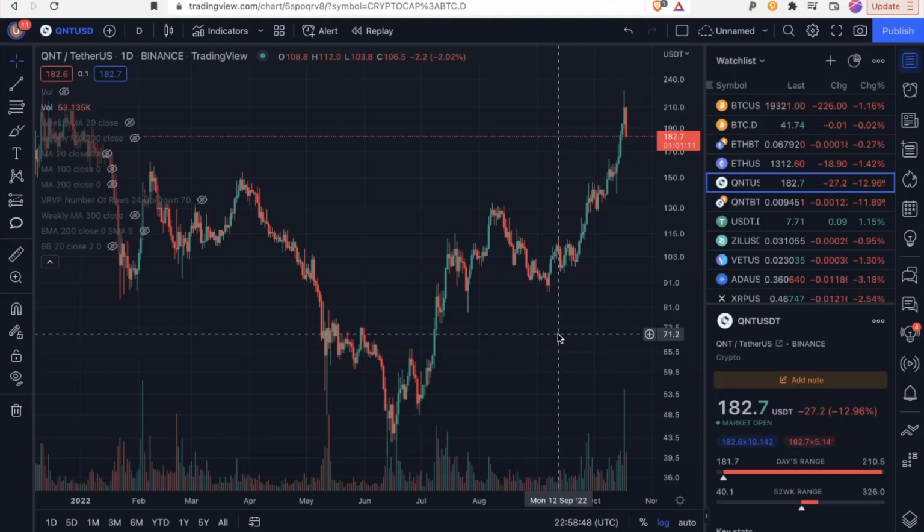In this video, I'm going to take a look at risk indicators for a couple of dozen of the top assets, and I'm going to pay particular attention to Quant because, as you might have seen, and as you can see up here on this chart, Quant has been running really substantially recently. It's been outpacing the market by quite a lot. So we're going to take a look across the market and see how Quant is an outlier in this market